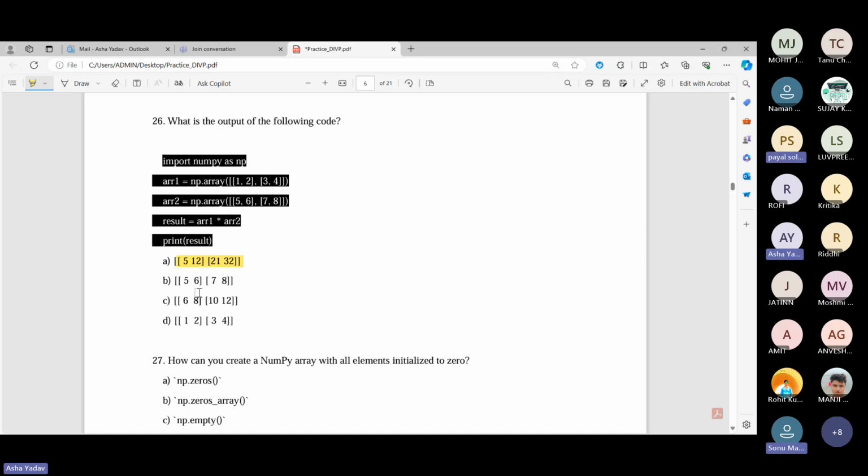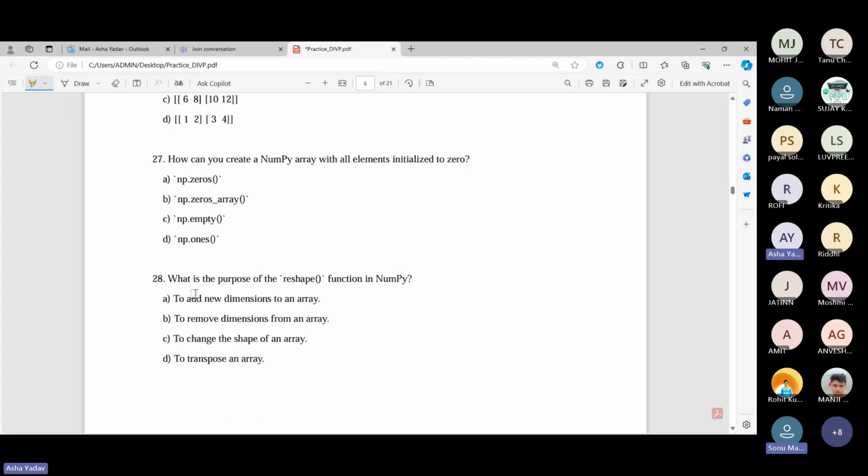Ma'am, A option. How can you create a numpy array with all the element initialized to 0? कैसे बनाएंगे, सारे एलिमेंट की वैल्यू 0 होनी चाहिए, np dot zeros। एरे वाला नहीं आएगा, zeros आएगा। सो द बेसिक एम ऑफ दिस प्रैक्टिस इज कि आपको पता चले कि कैसे